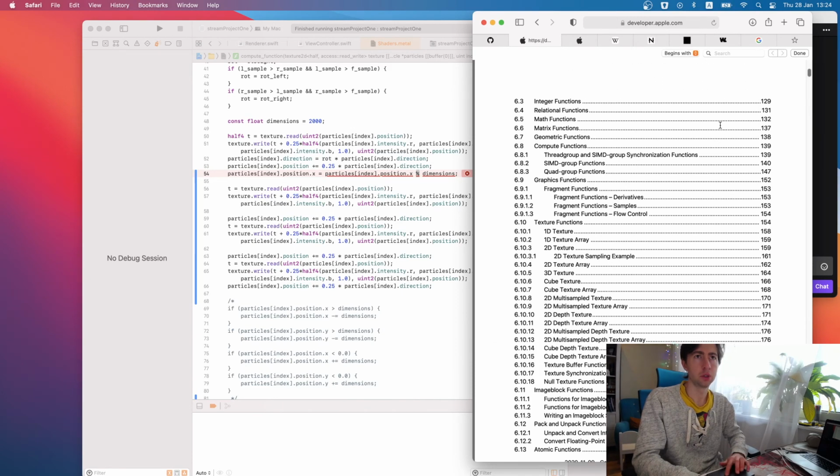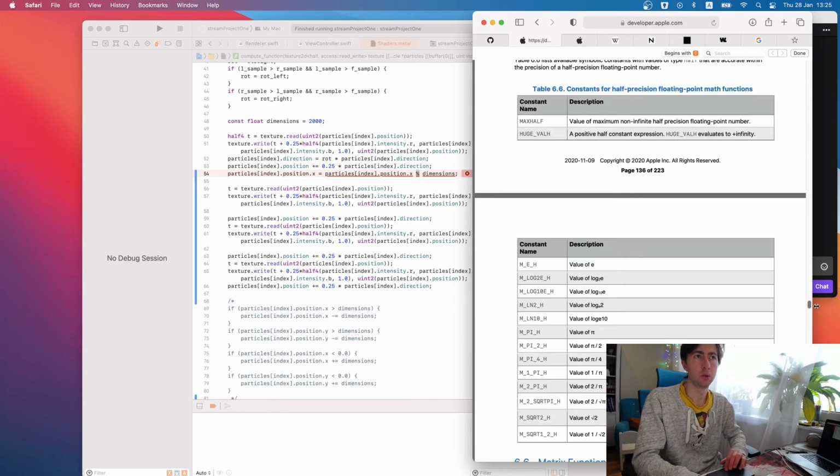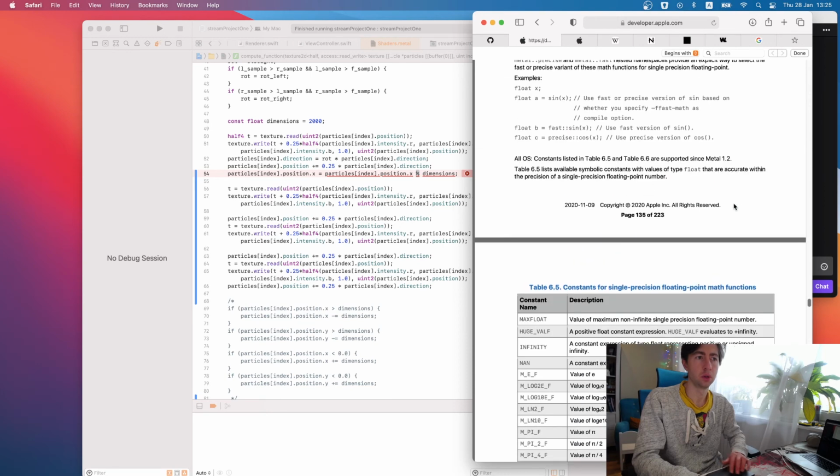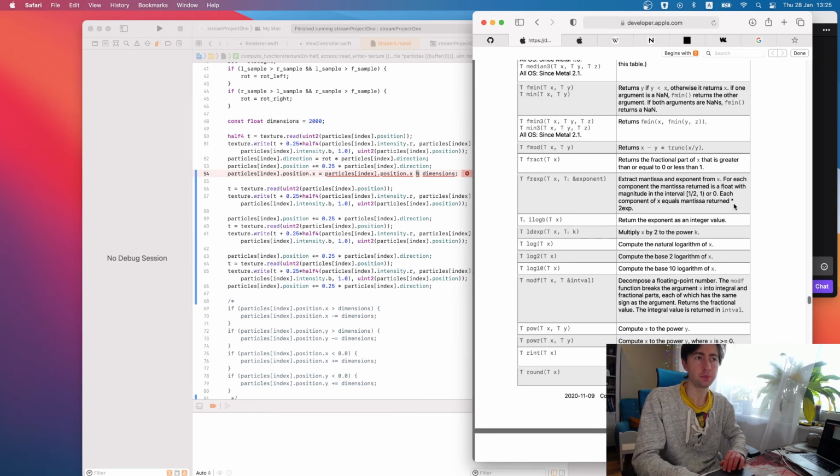Math functions, I guess. This is what we're looking for. 1.2. Modf. Decompose a floating point number.